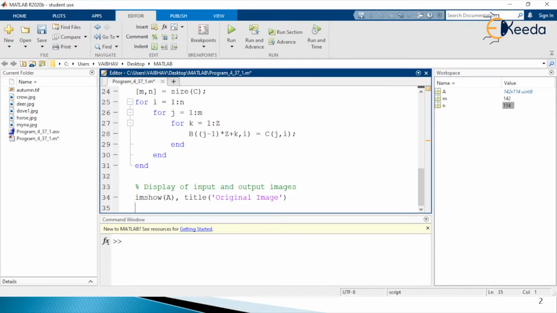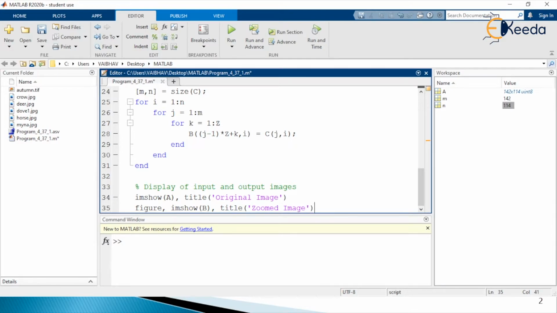So we will be making use of figure as a keyword, and then the imshow command, and this time we are providing the input argument to be the variable small b here. And as in the earlier case, here also we are going to provide a title to this MATLAB window. So within a pair of parentheses and a pair of single quotes, I shall be writing here zoomed image. This is the zoomed image or the output image here.